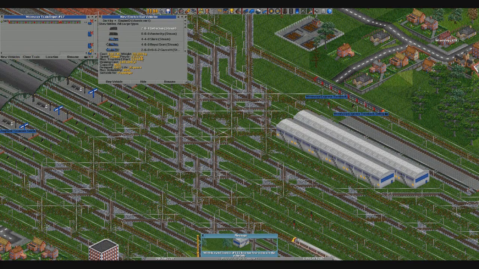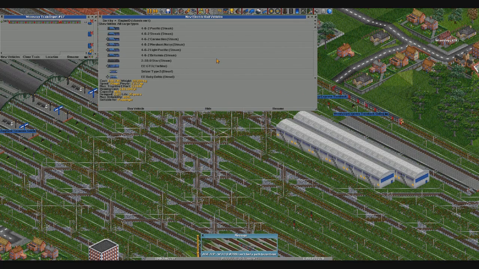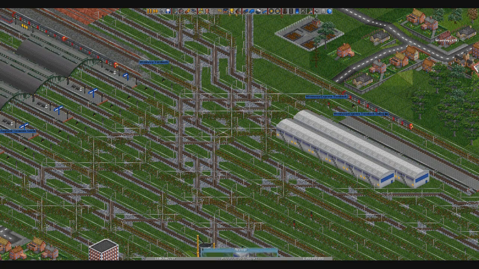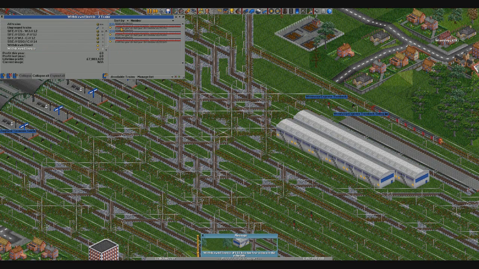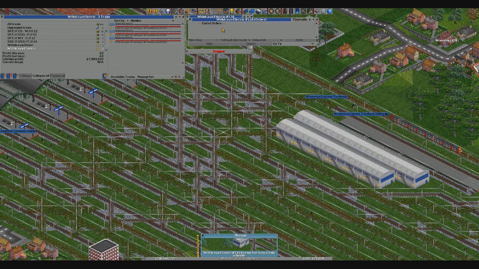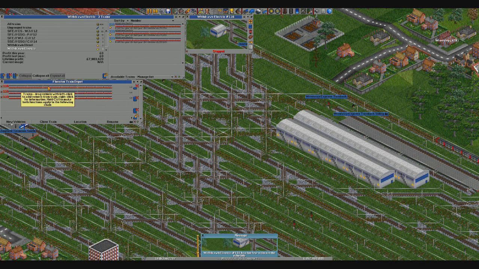So, not 100% sure how to get around that. But what I do know is, actually, we have some unused trains somewhere, don't we? Let's go down to withdrawn electric. Yeah, these ones. These old trains that aren't really being used for anything. How long are these? Are they 3 units? They are. Alright, so let's